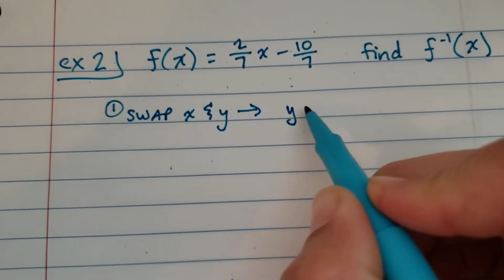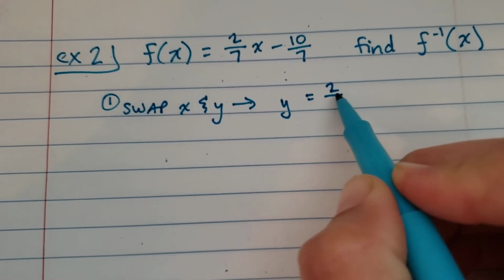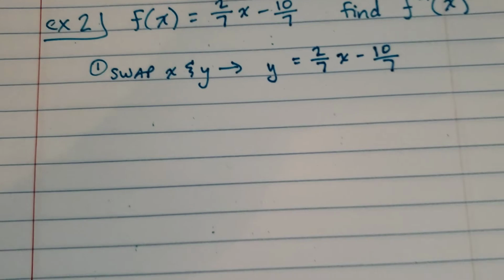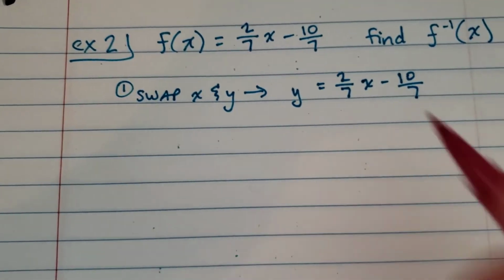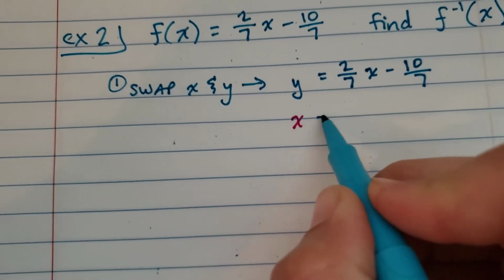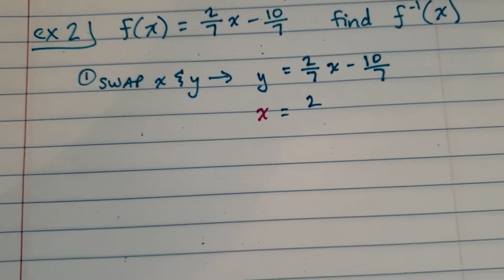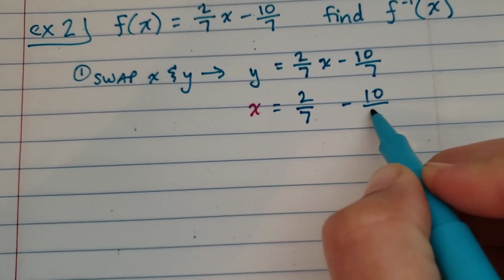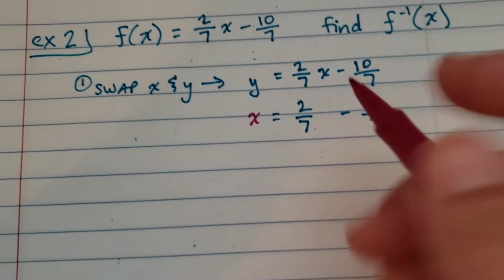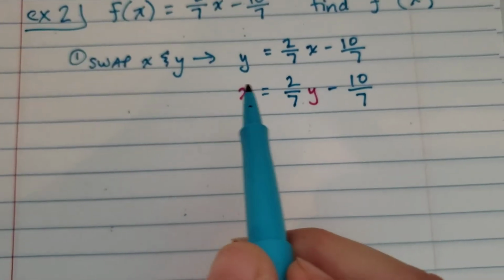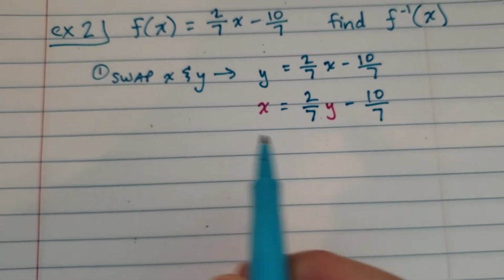So our original is y equals 2 over 7x minus 10 over 7. All I'm going to do is swap those around. So it will be x equals 2 over 7 times y. Okay? So first step, swap x and y. Second step,